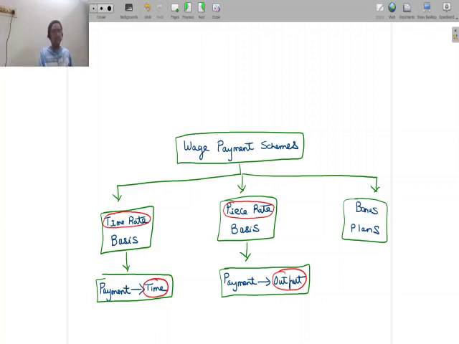But here in piece rate basis, there are some limitations. One of the limitations in piece rate basis that we can look at is, if I link the wage payment to the productivity, then to get more wages, workers could just start reducing the time they take to produce every unit. They could just go on a rapid run. So when they were probably taking an hour to manufacture 5 units, they could use 1 hour to start manufacturing 8 or 9 units, and in that entire process, the quality could suffer. So when you look at a piece rate basis, that's a serious disadvantage. When we focus too much on productivity, we probably do not look at quality.